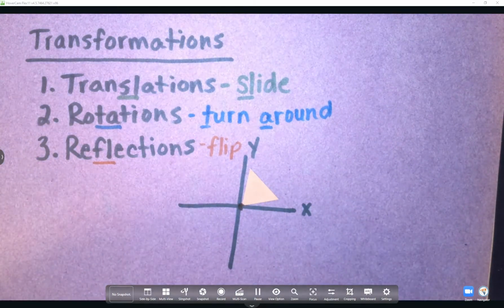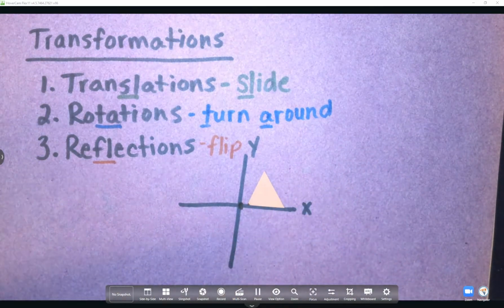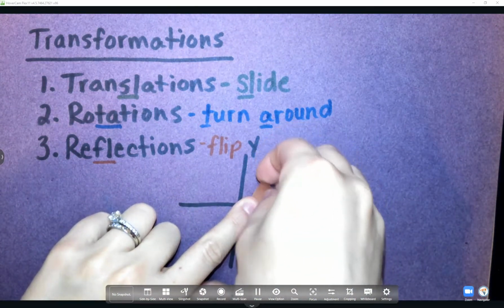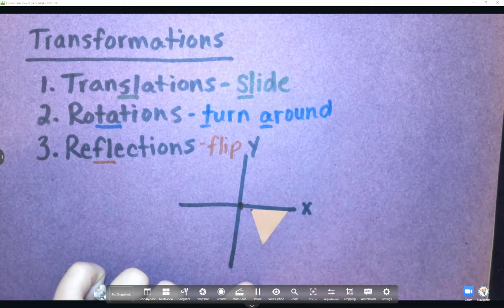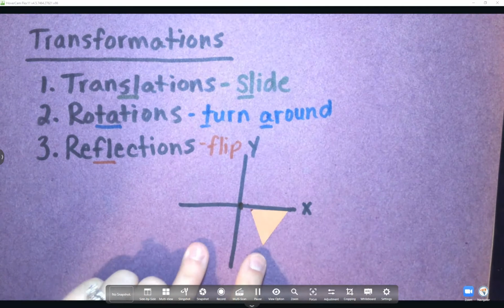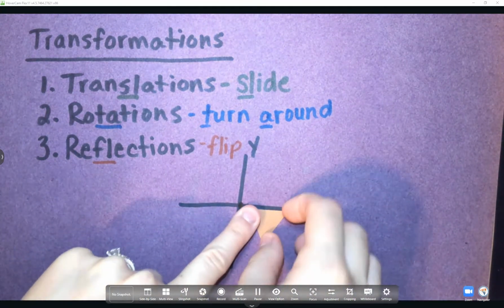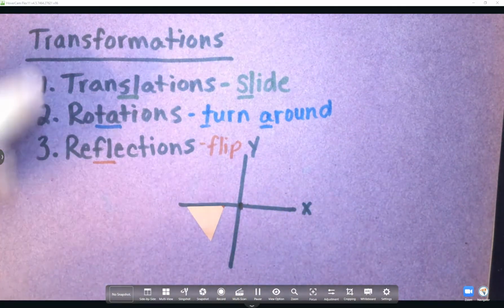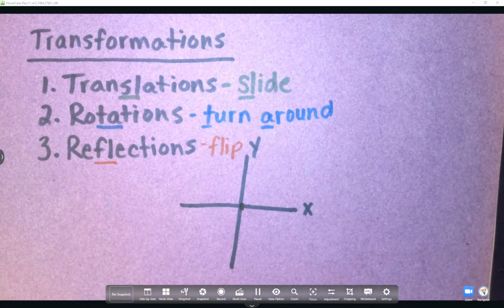And a reflection is a pretty fun one. Usually the question would say something like reflect the object across the x-axis, and if you did that, you would literally just flip it over the x-axis and it would land on the other side of the x-axis. Or if it was right here and it said flip across or reflect across the y-axis, it would fall somewhere over here. So that's translations, rotations, and reflections, and it's important to review that because we have now gotten into